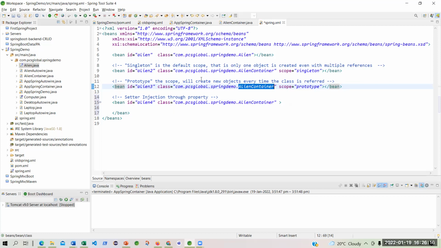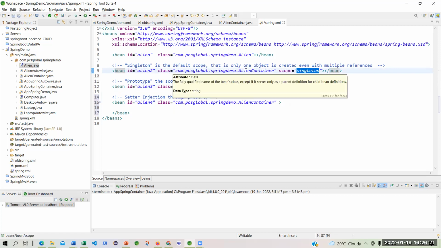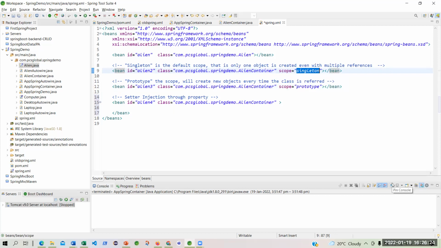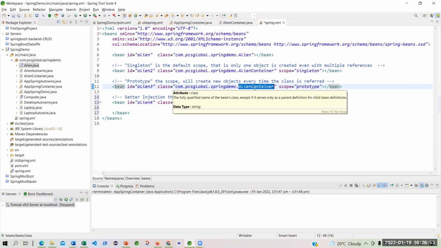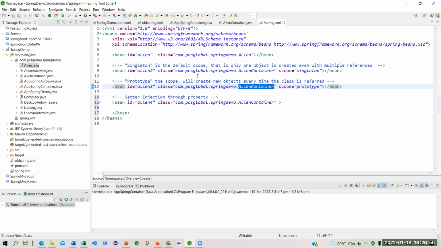Here you do not create a new object with a singleton. Say 100 times you are referring to this align container with the scope of singleton, it will be created only once, but used 100 times, as many times as you want. But if the same entity bean is defined with the scope of prototype, then it will be created each time you refer to this particular bean. You cannot have the same bean both ways.